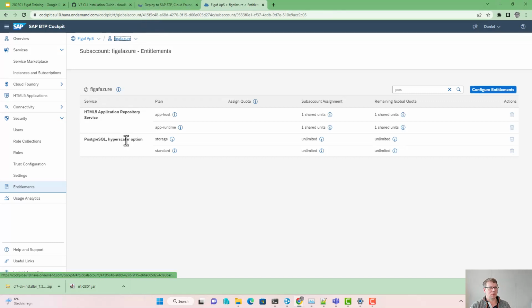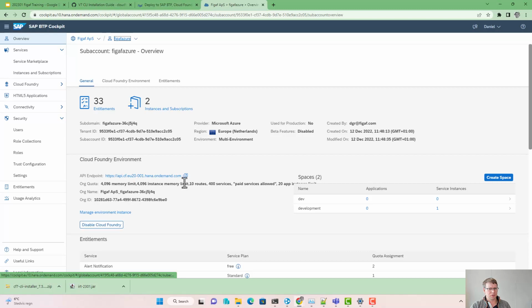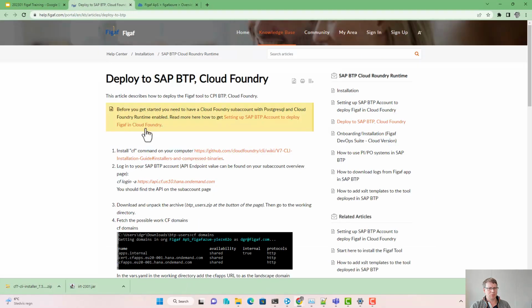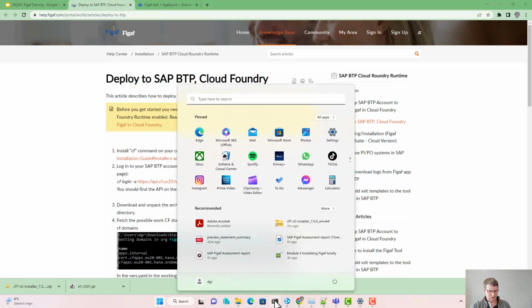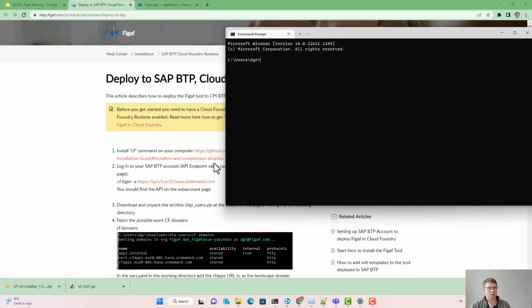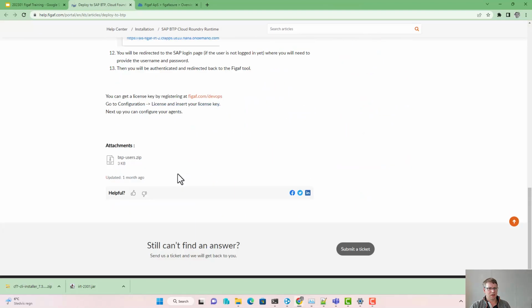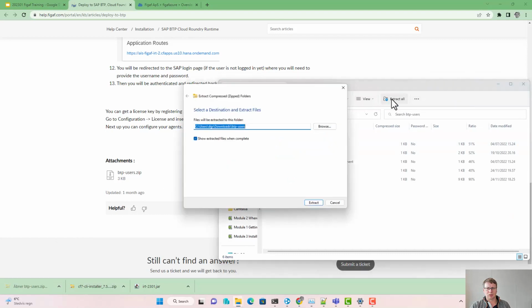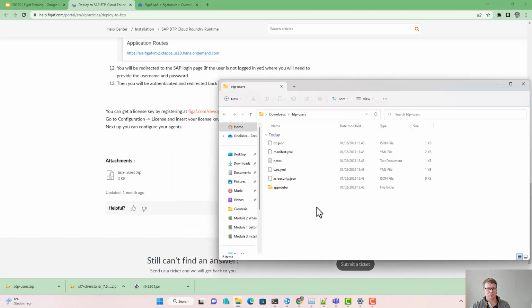Okay, so this is our cockpit. So the first thing is we don't need this one anymore, we will use this one, and here we will open a command prompt, cmd. There is an archive down here, and let's take this first. We will download this and unzip it, open, extract all, BTP users, that's called. And that's maybe a strange name. Anyway,